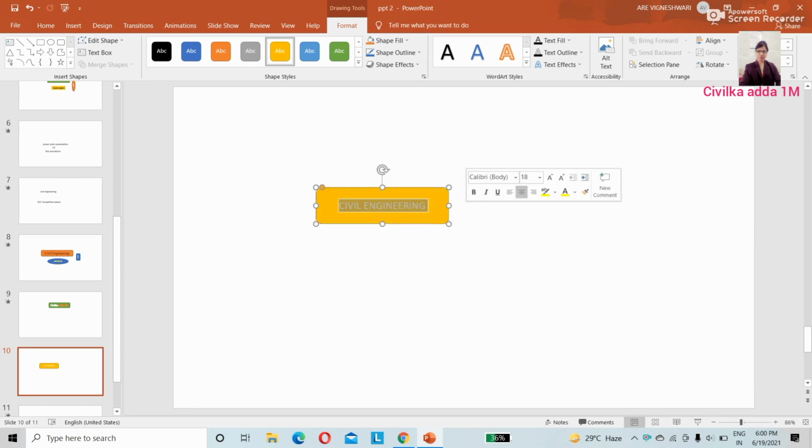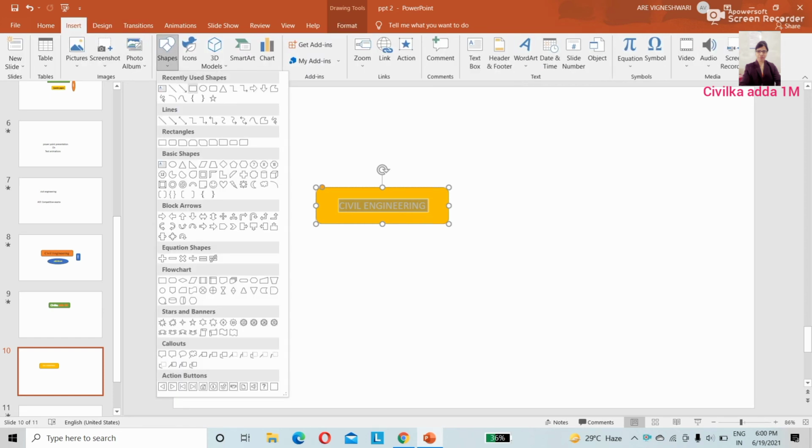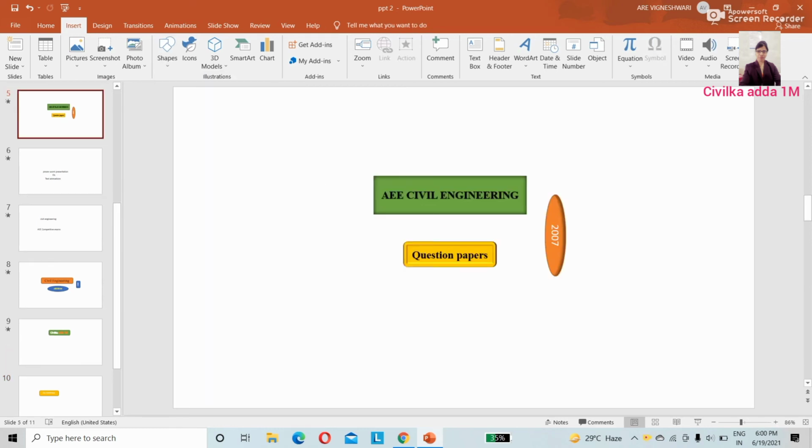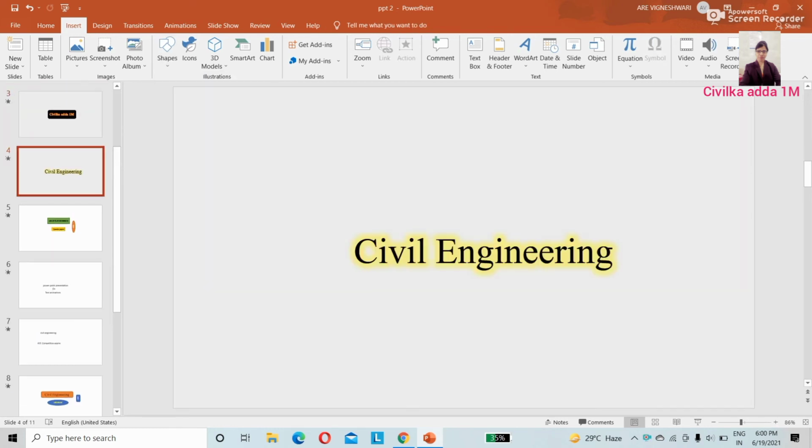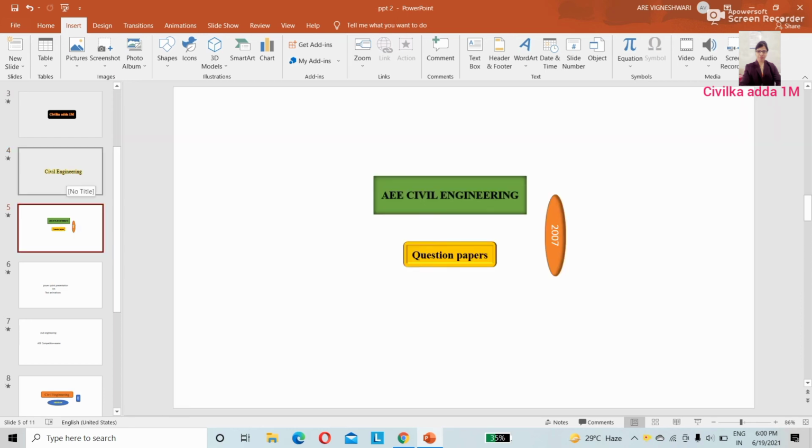If you want to change the font. If I show any specific word or any specific slide, or if I want to show only like this, then you will be knowing only how to do that particular content.